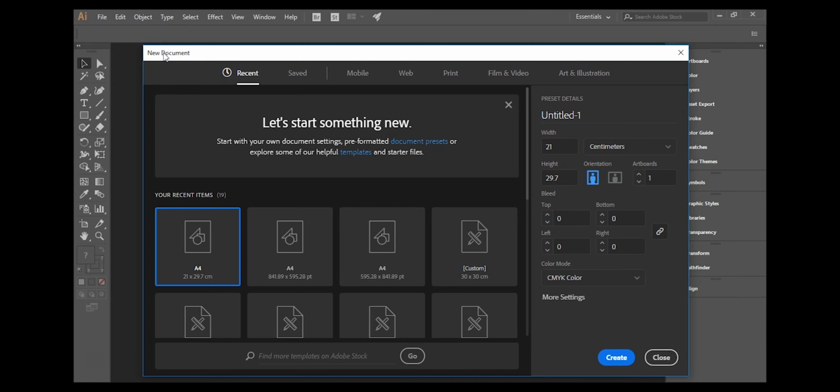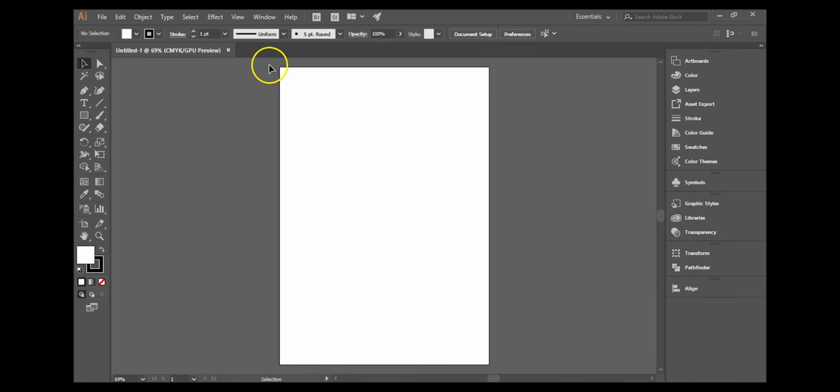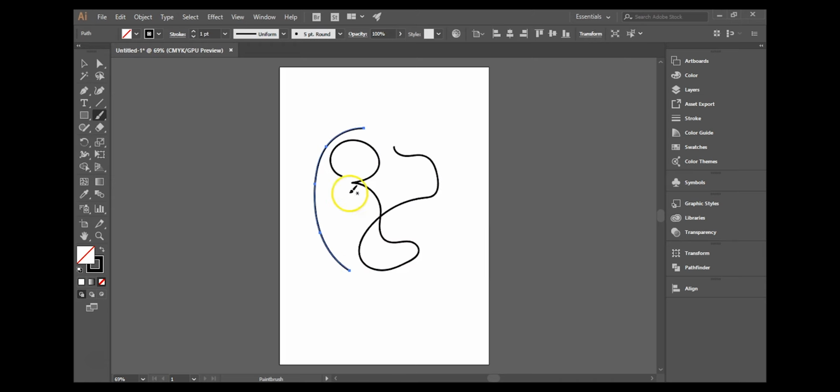Now in later lectures I will tell you what all these things are and what you can do with them. But for now we are going to use these presets. I'm going to use this preset, A4. Just click here and create. So now you have A4 size paper here on which you can do design. You can paint here, you can draw, you can do anything. You can create logos, brochures, whatever you want to do. So for now I'm just deleting all these things,